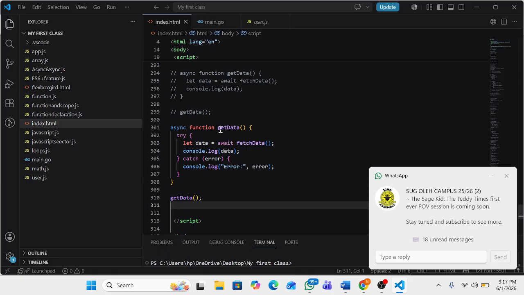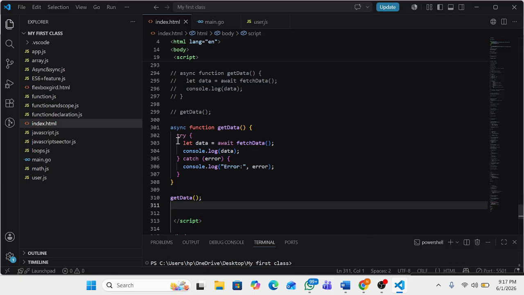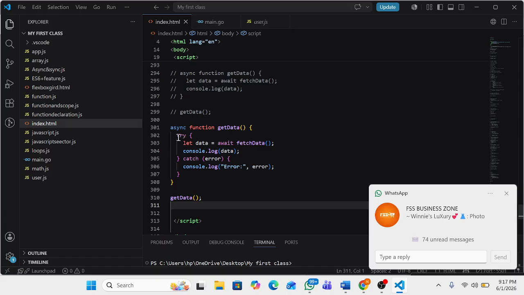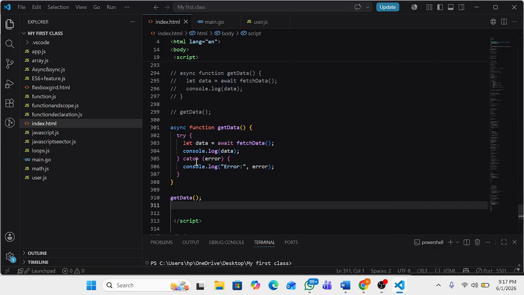So, async function getData, right? Try. Now this one is try. Look at it: try and catch. It's not this .then and .catch anymore. Try, catch. Then inside the try,